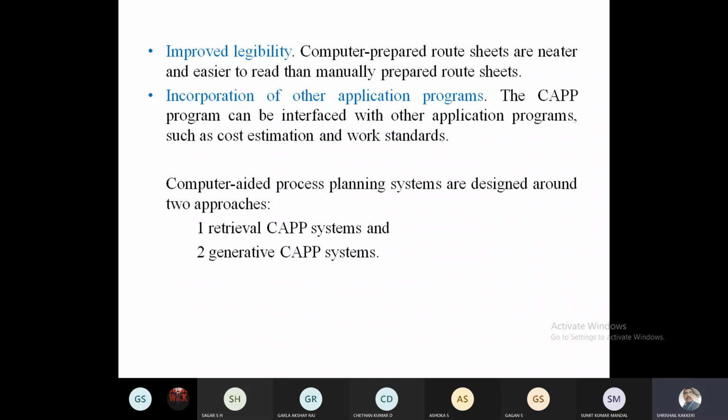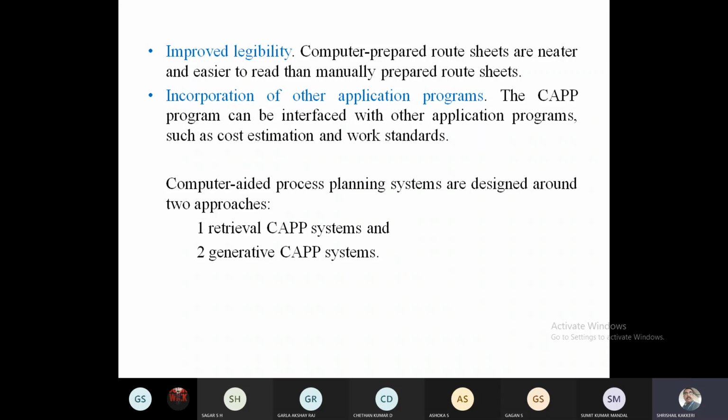Incorporation of other planning programs. Along with computer aided process planning, there is a facility and the possibility to interface other application software.